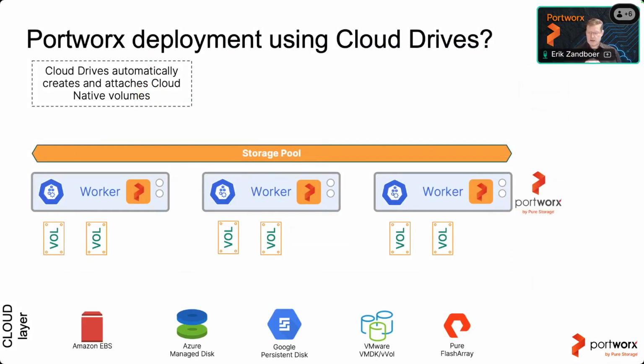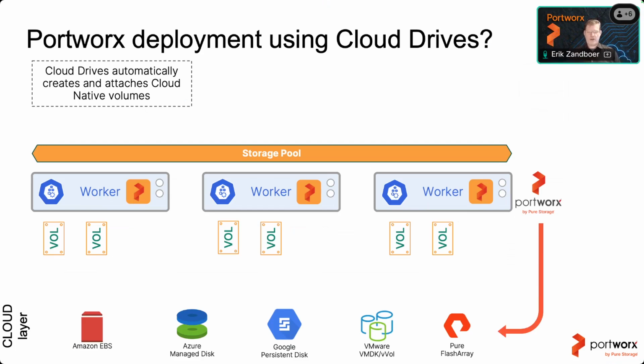I could say, hey, if you deploy a new worker node, you grow your cluster, please go down to the infrastructure and grab some new volumes for that worker node and the pool would grow. You can also drive it through Autopilot. So if the storage pool is nearly full, Portworx could actually talk down to the infrastructure, and you can see what is supported. It's basically the three main cloud providers that we can talk to and say, hey, get me a new block device, mount that into the worker nodes, and the storage pool will grow.